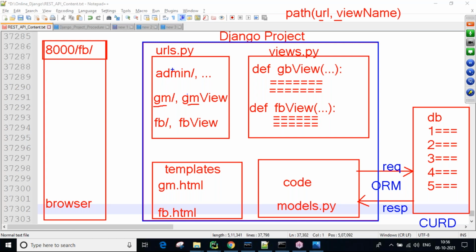Now just assume your entire Django project is running. Then from the browser you are sending the URL, for example fb slash. From the browser, first our request reaches the Django project. From this Django project it reaches the URLs, first the project level urls.py.